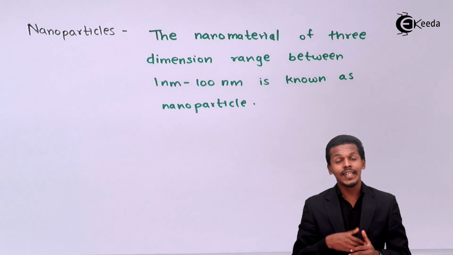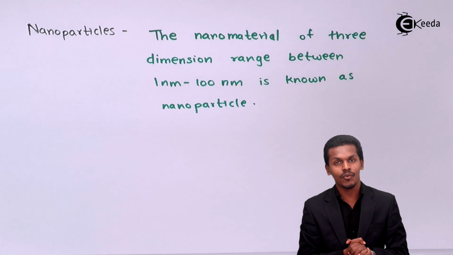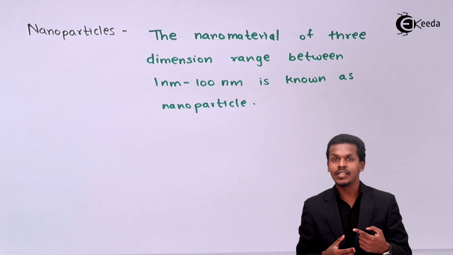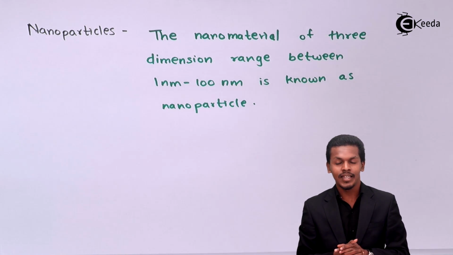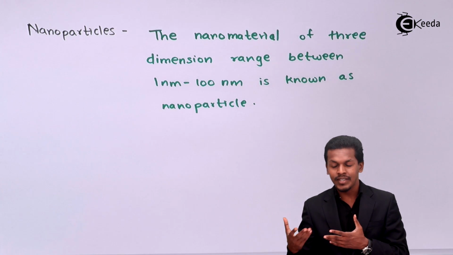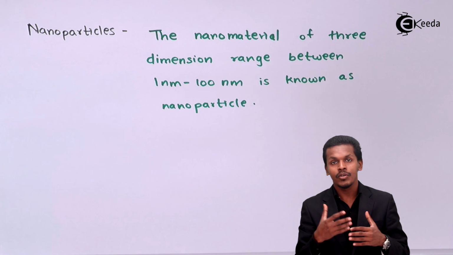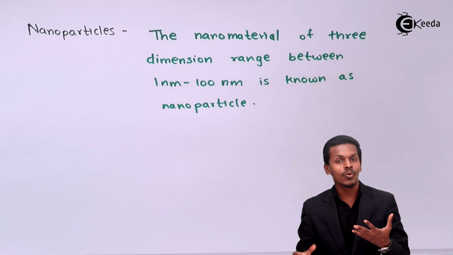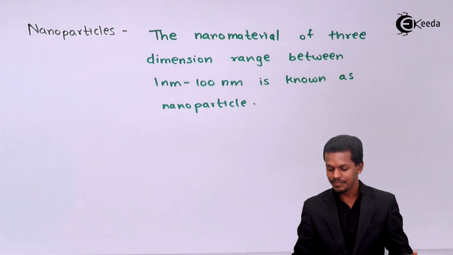So nanoparticles are the nanomaterials which are of three dimensions. While in the previous ones we got to know about the nanolayer as well as the nanotube, and this is now the nanoparticle. So they were according to one dimension, two dimension, and three dimension respectively. Therefore, this is a three dimension nanomaterial having a range from 1 nanometer to 10 raised to 2 nanometer, and that is known as a nanoparticle. So now let us move on with the next one, that is